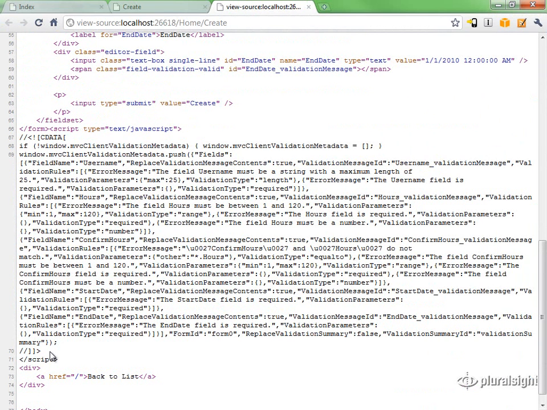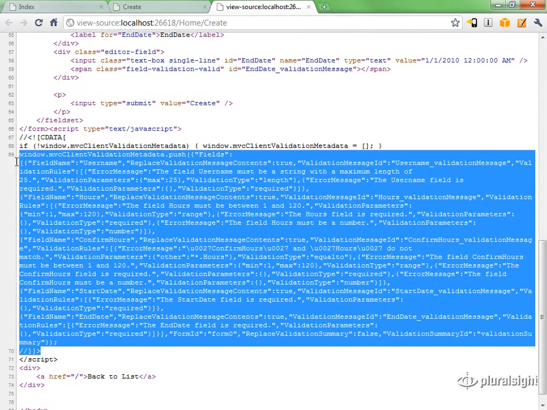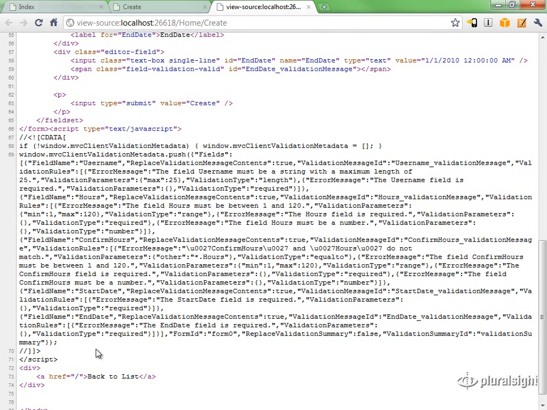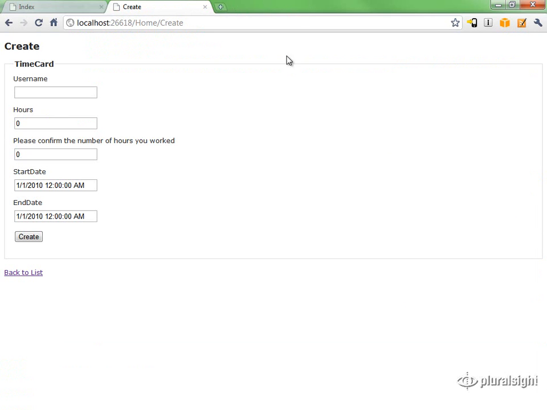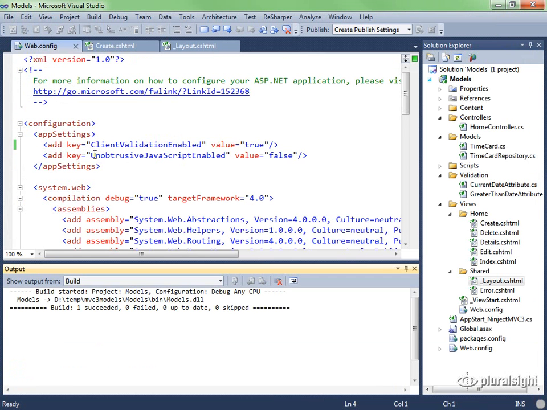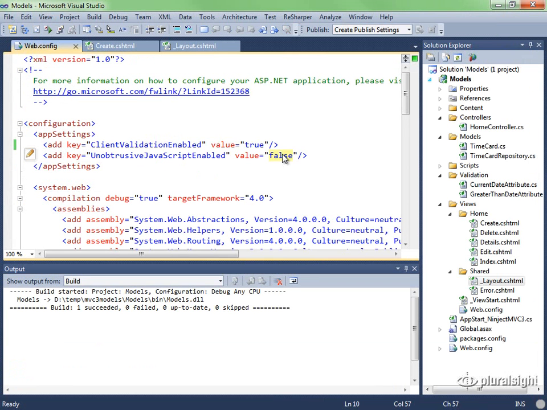Obtrusive JavaScript is JavaScript that sticks out in the source code view. Everything that we're looking at here is JavaScript code and some JSON data that represents all of the metadata and information needed to perform validation on this view. We want to get rid of that. A lot of people that are concerned about page size and about search engine optimization, they don't want all of this inside of their views or in their rendered HTML. So let's turn on unobtrusive JavaScript